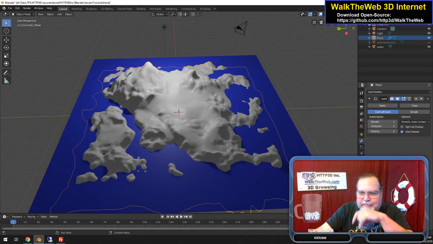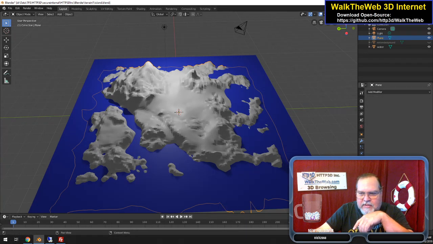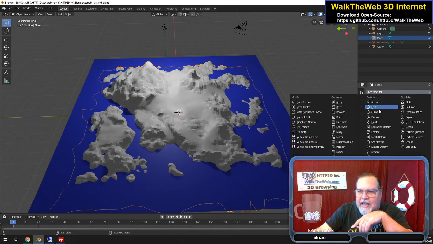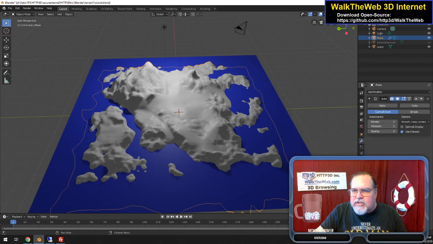Yeah, see. Subdividing the surface gives it a little bit. Yeah. If I cancel that, that's what it looks like. And it's 68 meg. Okay, so I can add it once. Subdivision surface, and basically